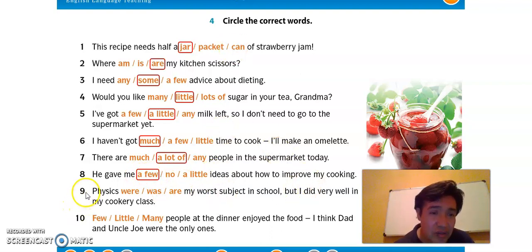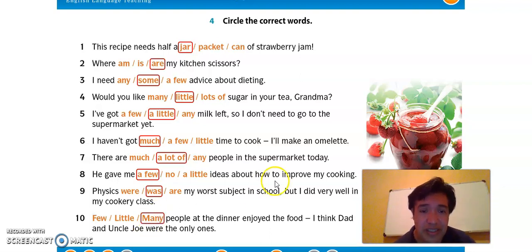Yes. Number 9. Physics, my worst subject. Subject is singular and also in the school, but I did very well in my cookery class. You can see here it says I did, so that means it is past. So physics was. And number 10. Few, little, many people at the dinner. Many is plural, so I have to use many. People at dinner enjoy the food. I think that an uncle, you were the only ones